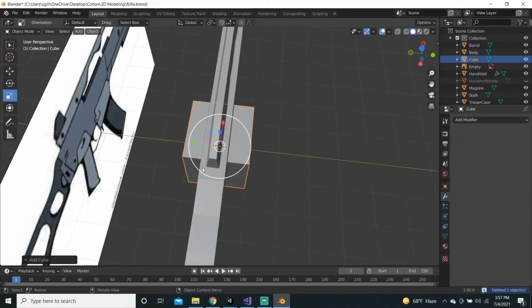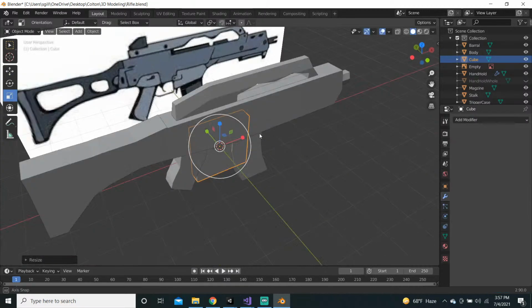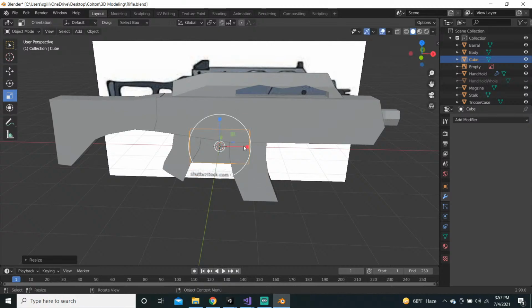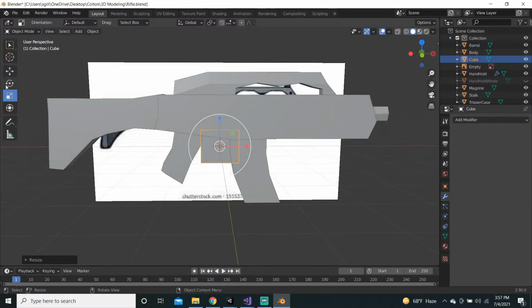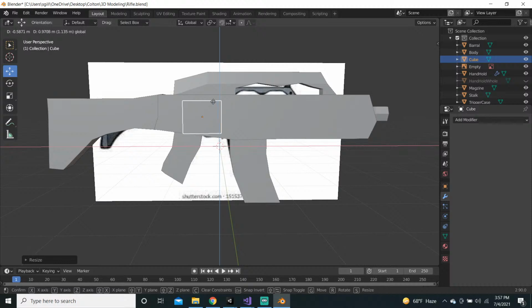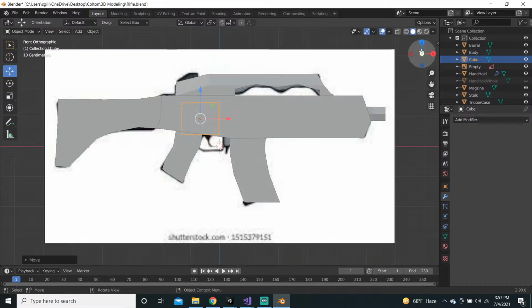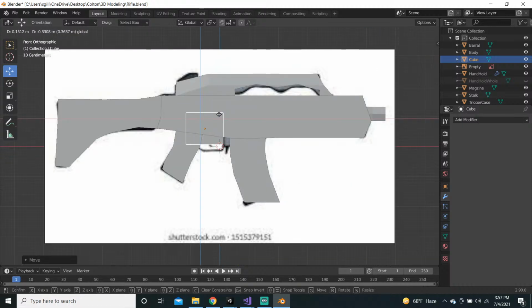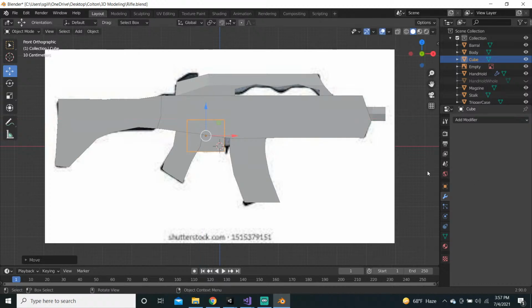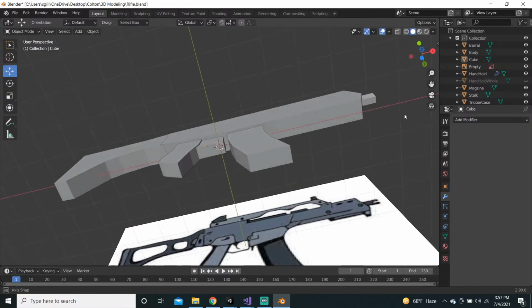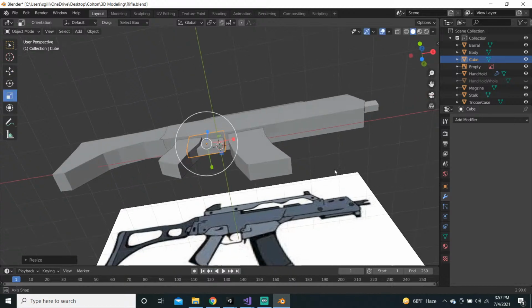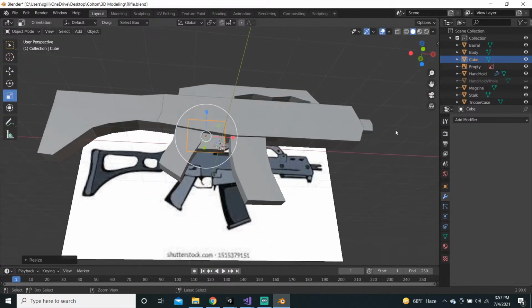Cube. Okay, like that. Then I want to make a hole in it. So, I'll just,